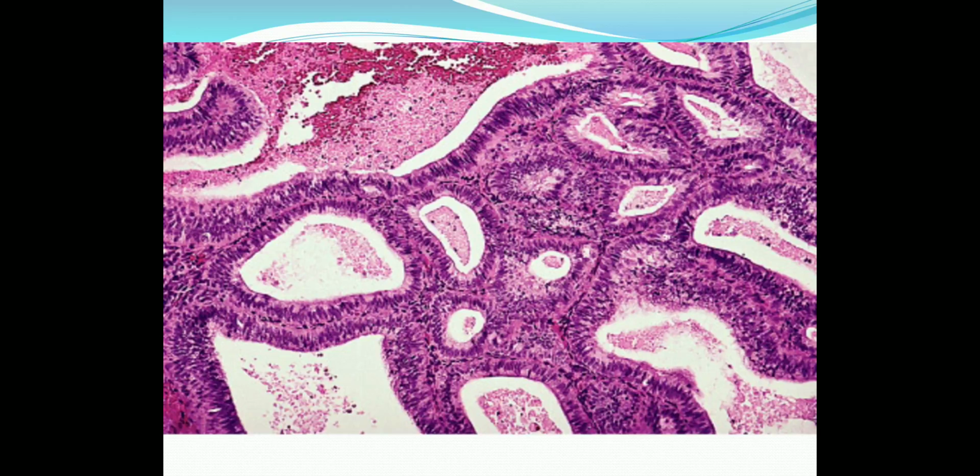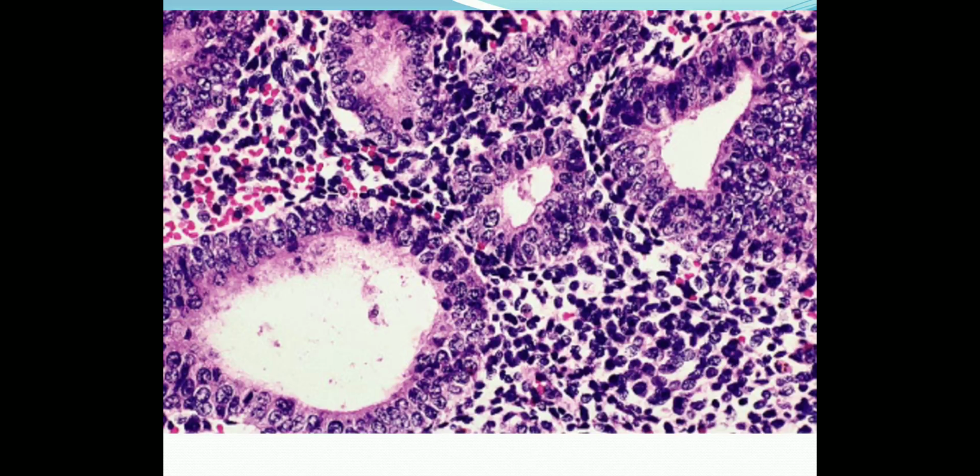This picture shows a case of endometrial hyperplasia. You see the glands are so closely packed. And what about the stroma? The stroma is very little. There will not be any stroma in between, so the glands appear very crowded, back to back. This picture is a simple hyperplasia, with a back-to-back arrangement of glands. Can you see any features of dysplasia? No, so that is a non-atypical hyperplasia of the endometrium.